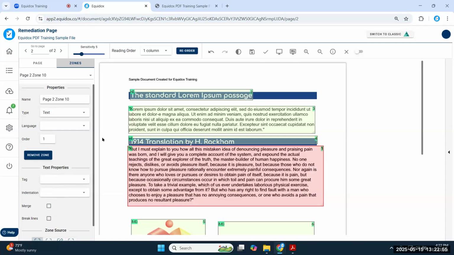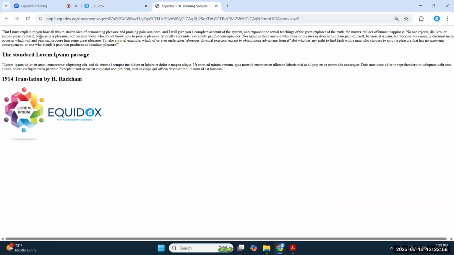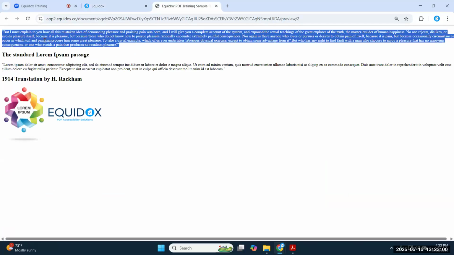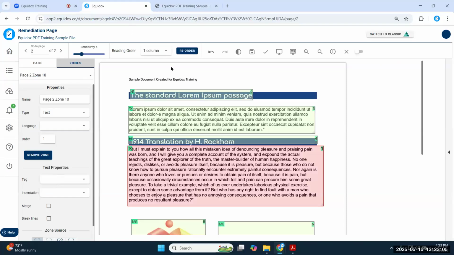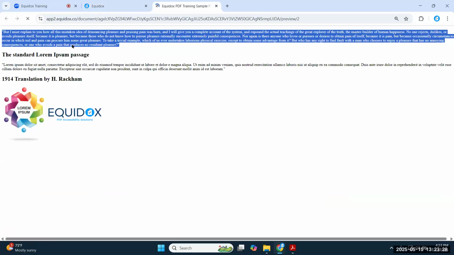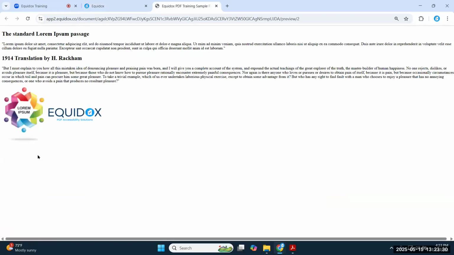If I go to my HTML preview, things again look a little bit fuzzy over here, because how did this paragraph get to the very top of my reading order? Well, what happened was I already had a reading zone number 1 up here for the header. And because I marked it as an artifact, I deleted zone 1. Suddenly I had a number that was available in the reading order. So when I drew this new one by physically adding it manually by clicking and dragging, this took over reading zone 1. So again, just hit the reorder button and everything will reset itself and be in the correct reading order that you would expect.